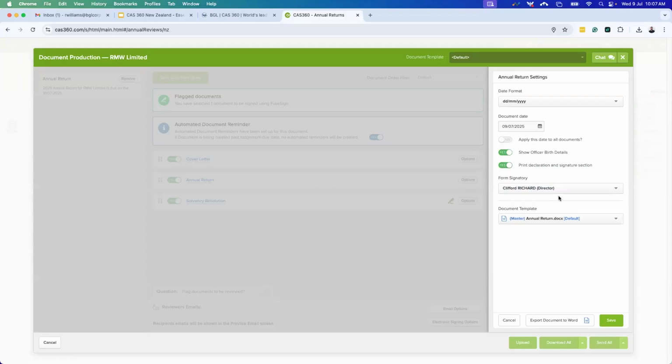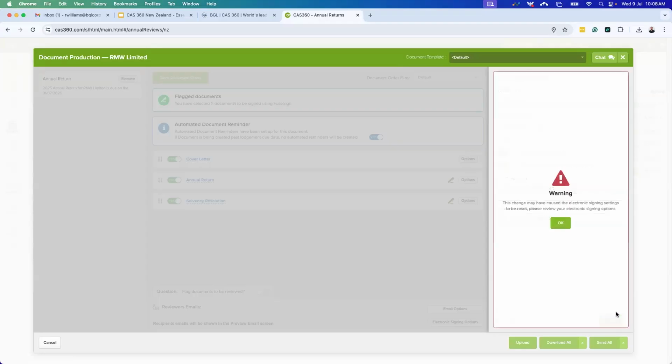And if you've got any other templates you've previously set up, or want to use a different template outside of the base one we have provided for you, you can simply choose to access that from here. I've got one I've previously set up, so I'll select that there. Now if we hit save,